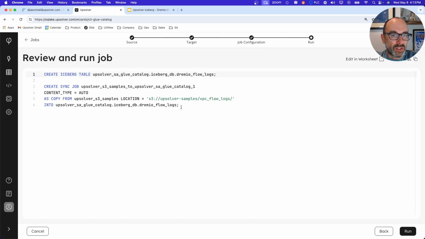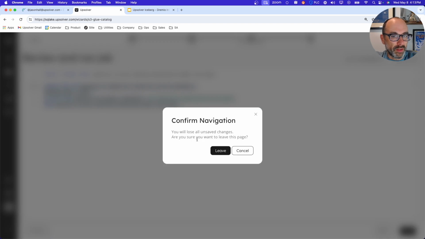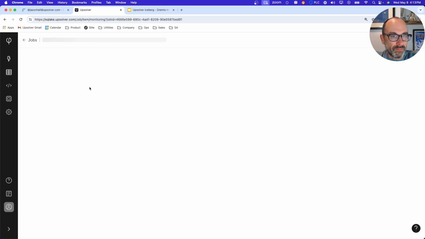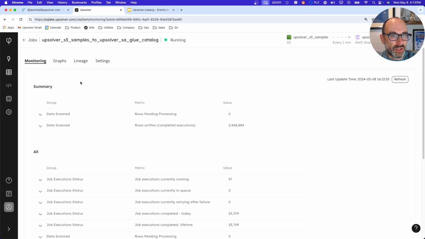The last step of the wizard is to create for you the commands that Upsolver will run to both create our Iceberg table and the job that ingests flow log data into this table continuously. In my case, I've already had this job running for a bit, so if I go to the jobs interface, we can see that that job is actively running,